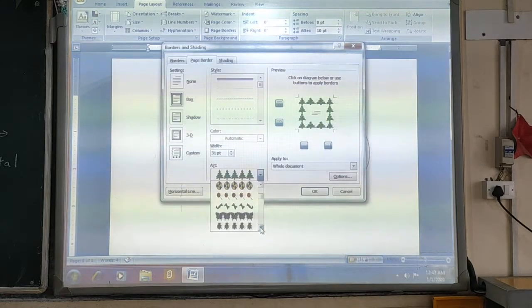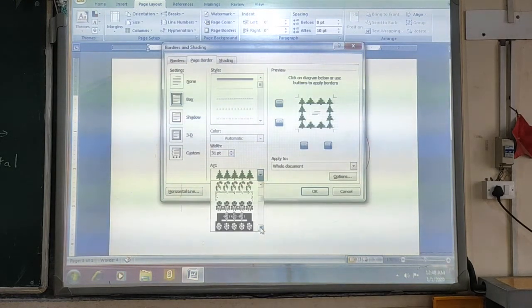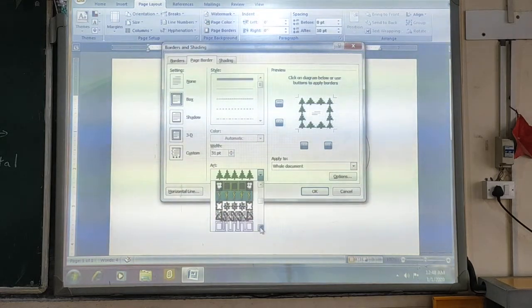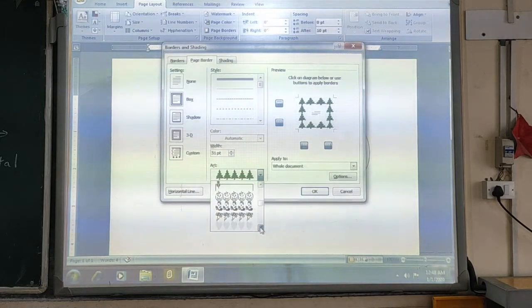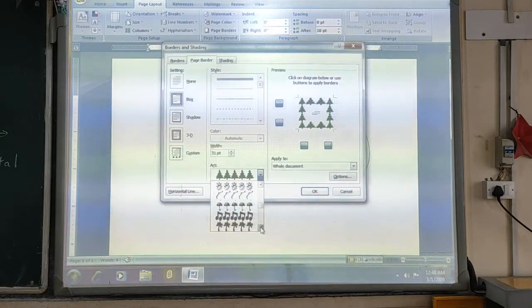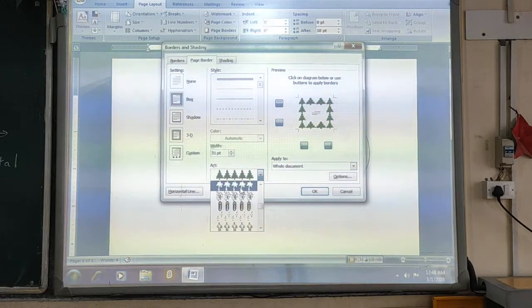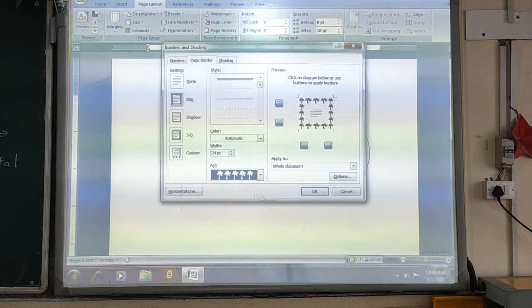There are different options available. You can select any one of your choice. Clear?